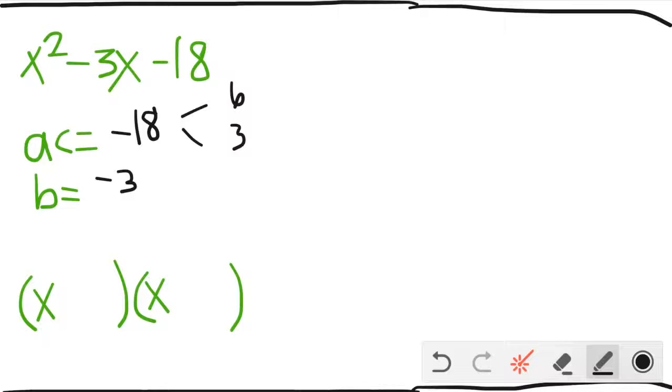It should take on the sign of the b term. In this case, it must be a negative 6. So your factors are going to be x minus 6 and an x plus 3. You can always feel free to pause the video